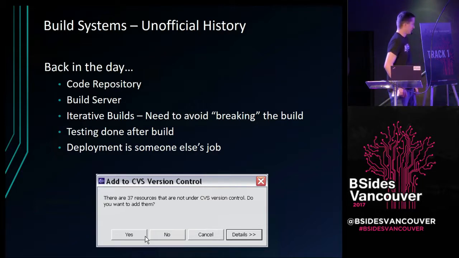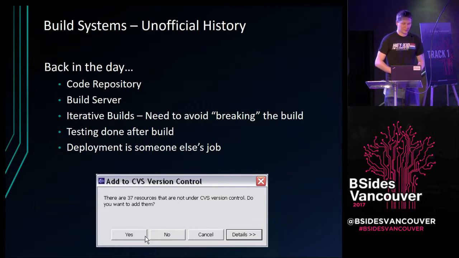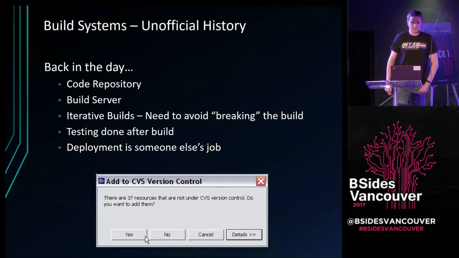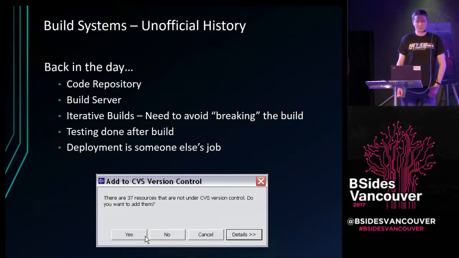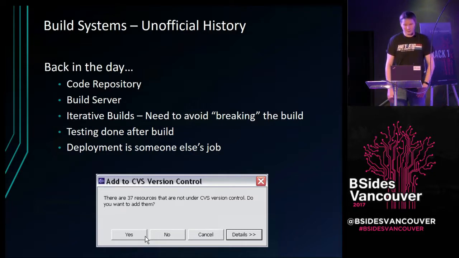And then after your build was all done and the system spat something out, you could do some testing of that and file a bunch of bugs for anything that you found, and iterate and keep going, doing your cool waterfall model because that's what you did. But importantly, at the end of the whole build cycle, deployment would be done by someone else. As a developer, it would be really strange if you were the one pushing code onto a server or packaging and releasing a product to a customer. Developers did development, and other teams did server management, deployment, that sort of thing.